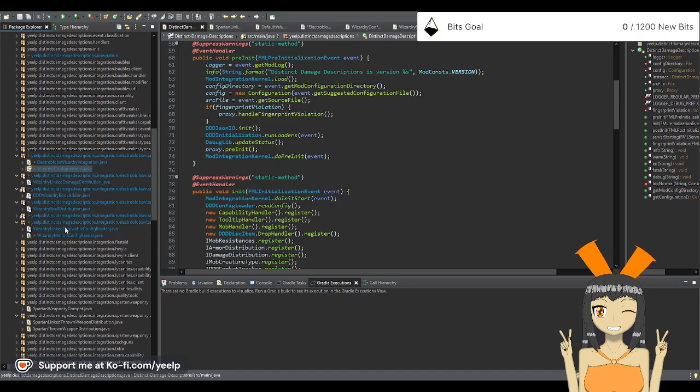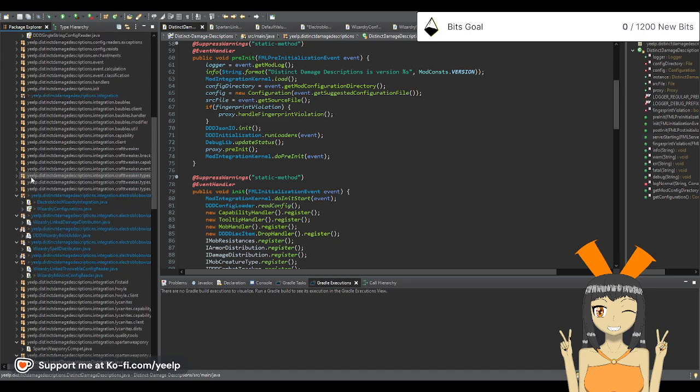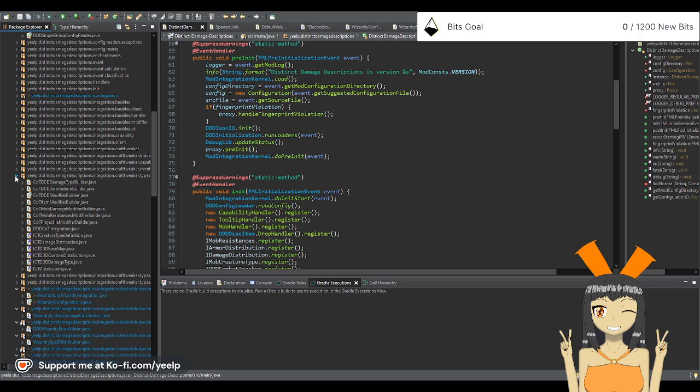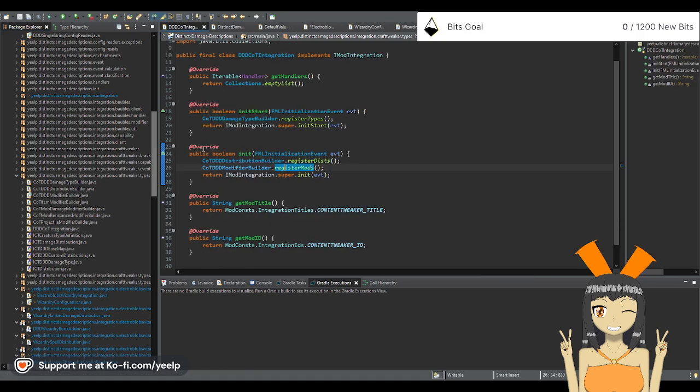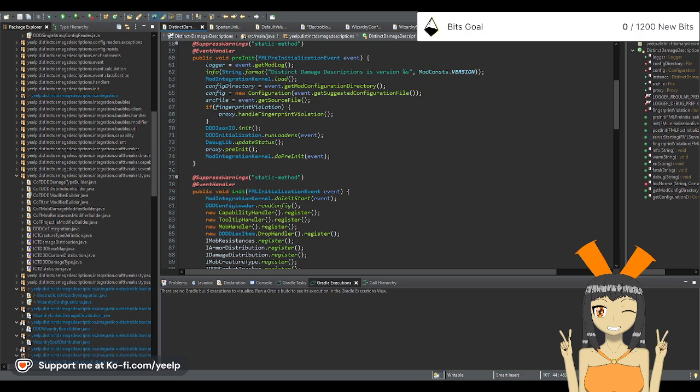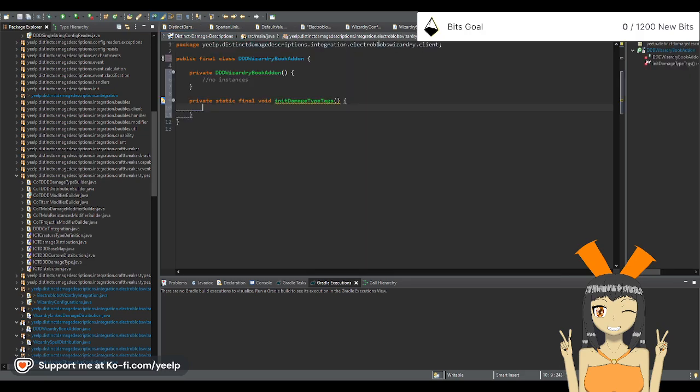Wherever it is. Yeah, init start is when we register the types. And so at that point, the types exist, which means we are fully good to iterate over